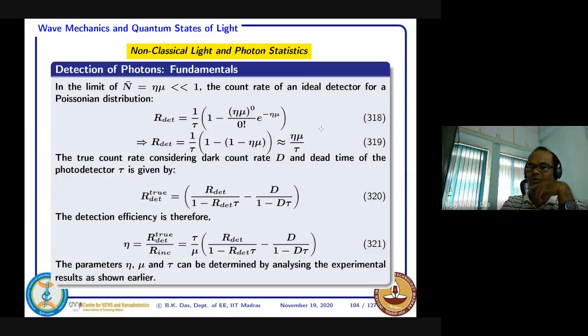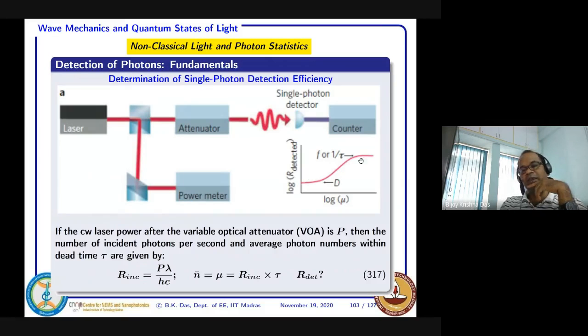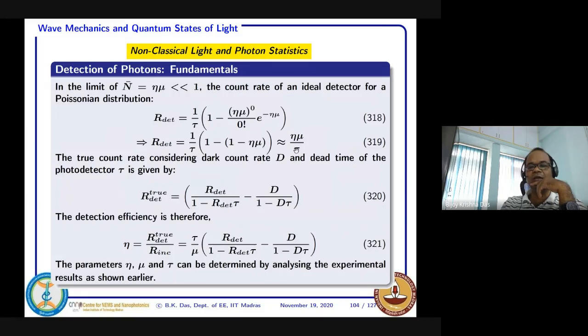That is our goal to understand now. We know that the count is proportional to mu. So ideally, if you plot log mu against log of the rate detected,